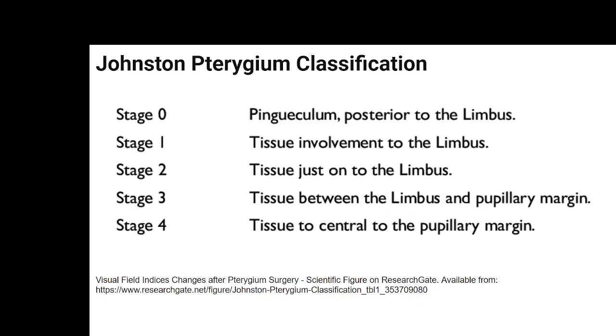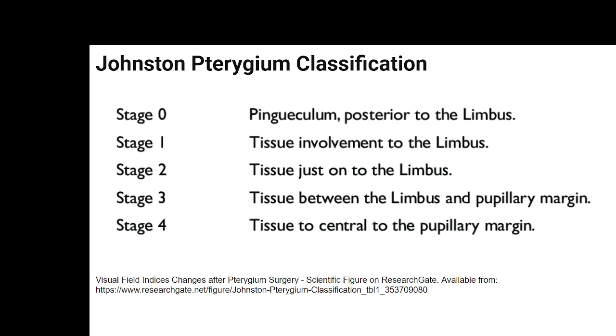So now pterygium is classified in different manners. The very common, popular classification among ophthalmology practice is the staging, like Johnston's pterygium classification, where it is a pinguecula, when it is relatively thin and posterior to the limbus, or tissue involvement of the limbus, where the lateral component of the lateral angle of the eye is involved and that tissue is involved,